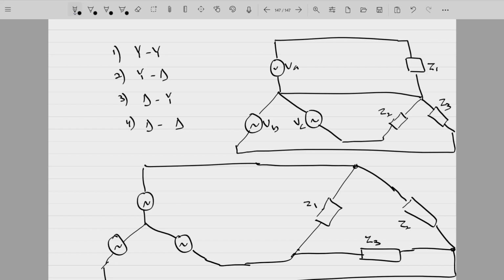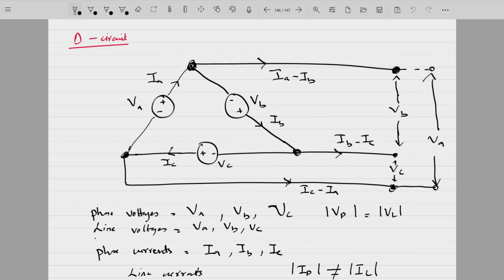So we have to calculate all those factors, and then उसके बाद इन्हीं different combinations पे हमें numericals वगैरह करनी है. So that will actually wrap up this course. But अब यही these four different connections, each connection will take almost 1 to 2 lectures. फिर हर किसी कनेक्शन की फेज वोल्टेज, हर किसी कनेक्शन की लाइन वोल्टेज, हर किसी कनेक्शन की फेज करंट, हर किसी कनेक्शन की लाइन करंट, उनकी जो भी इक्वेशंस आएंगी, वो सब आपको एक्चुअली दैट यू हैव टू रिमेंबर. So